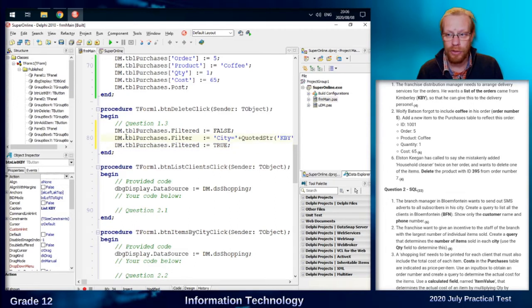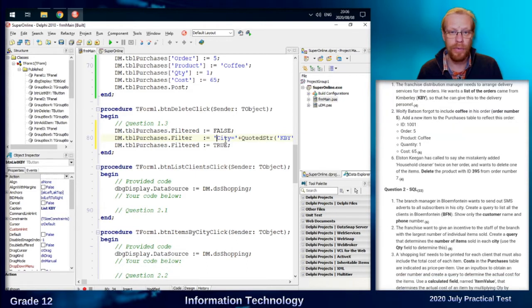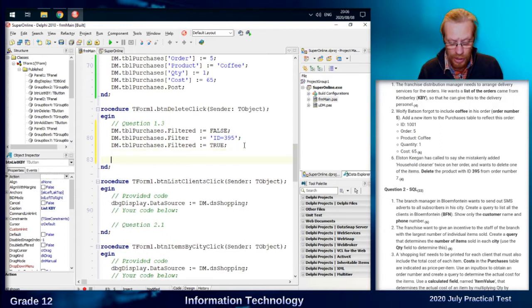And I'm going to filter where ID, as you can see there, it's the ID field. And we're not going to use a quoted string because it is just a number field, 95. There we go. And having found that particular field, I can then say